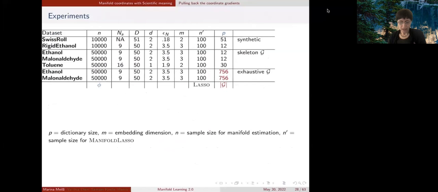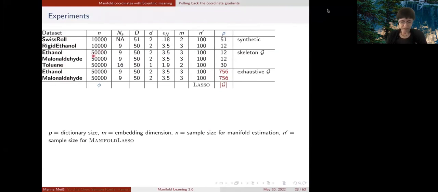Okay. Now I want to present a little bit about the performance of the method. So this looks good in theory, but how does it work in practice? We tested the manifold lasso on synthetic data sets. A Swiss roll was obligatory to publish the paper, and a rigid molecule that behaved like one of the molecules in our experiments. And then we tested it on real molecules, and we have more experiments than the ones we show here,